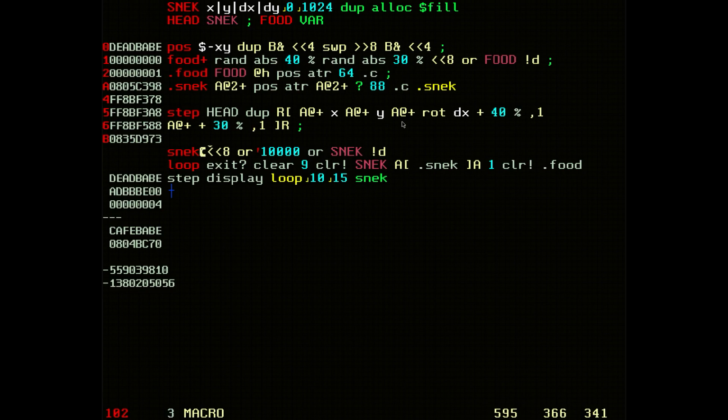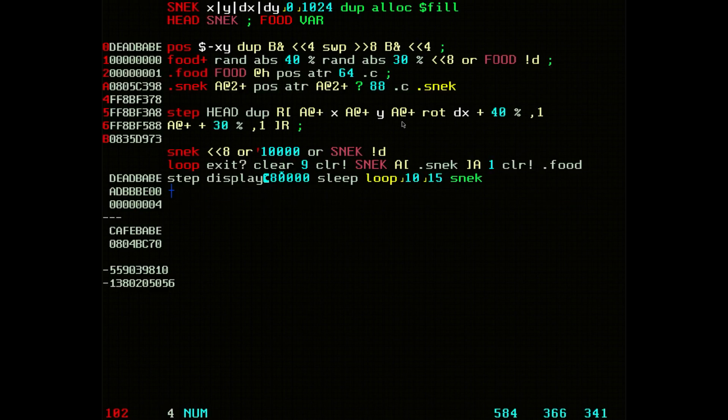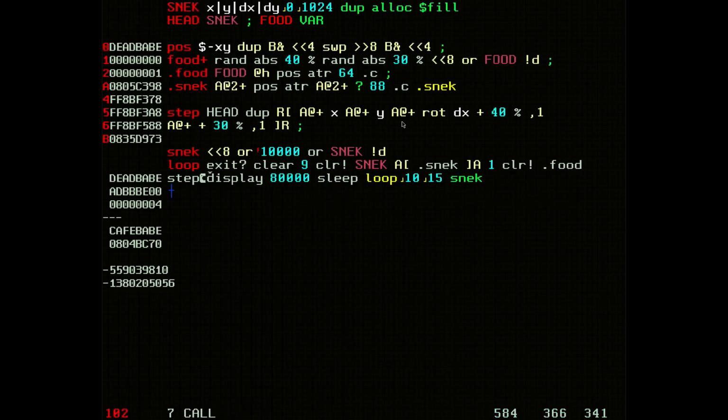If I press F5, now it's moving to the right, but it's moving way too fast, so maybe we need to do a little sleep here. So let's say something like this, 100,000 sleep, and that's way too slow. Let's say 50,000 sleep, and that is a little bit more tolerable, maybe 80,000, and okay. Now if we adjust the sleep parameter, maybe this could be the difficulty,